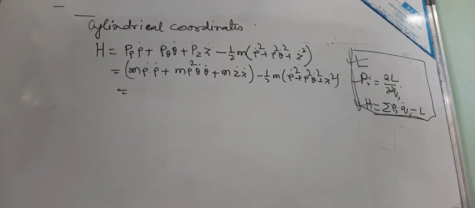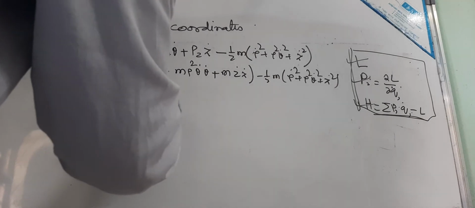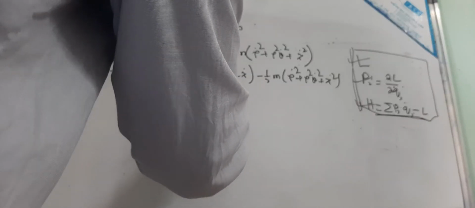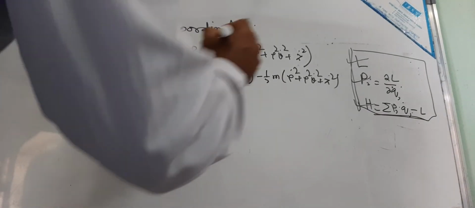So this becomes a half. If we do this calculation, we will get half m (rho dot square plus rho square theta dot square plus z dot square). So that gives 1 by 2m (P rho square plus P theta square by rho square plus Pz square). So this is the Hamiltonian in the